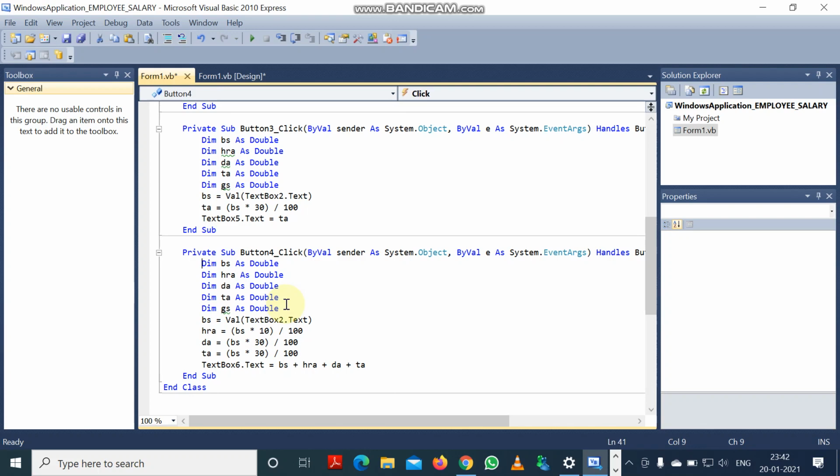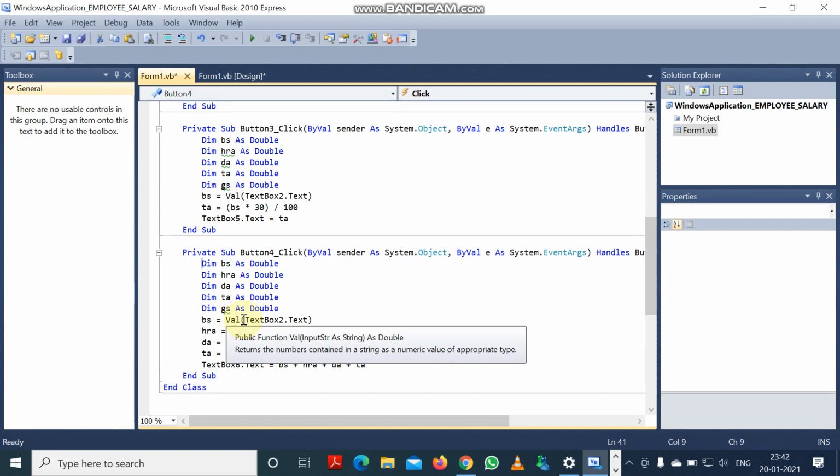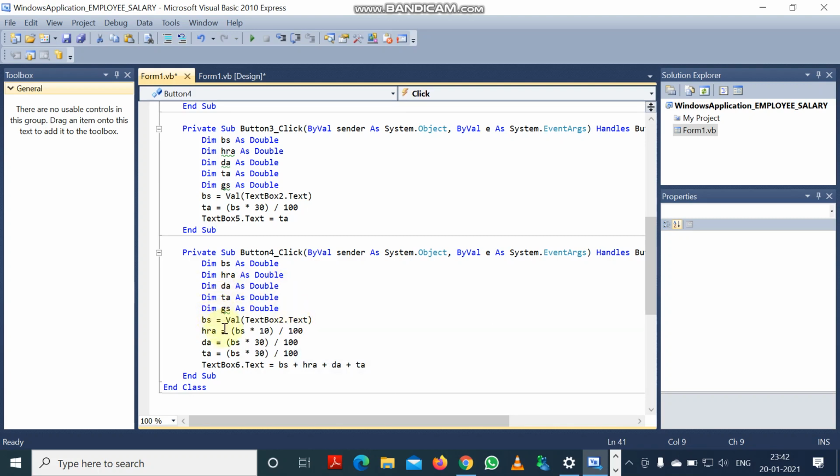Now here we are taking the salary of the employee given in text box 2 into BS with the help of the val function. Then we are calculating HRA, DA, TA as usual, like we did previously. The 10% of basic salary is HRA, 30% of basic salary is DA, and 30% of basic salary is TA.